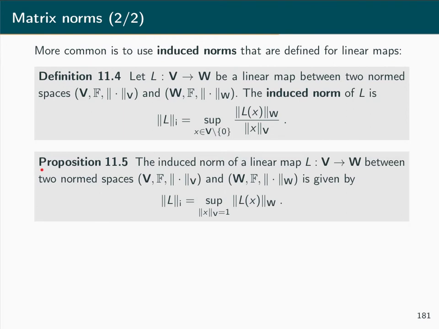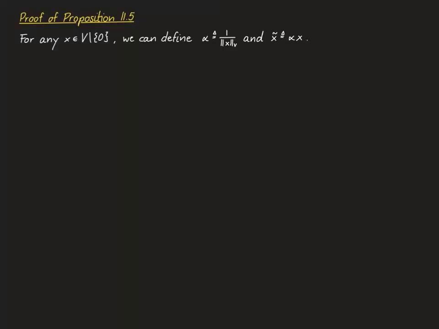According to proposition 11.5, this definition of the induced norm of a linear map, L, can alternatively be written as the supremum over all vectors x whose norm is equal to 1 of the norm of L of x. For the proof of proposition 11.5, note that for any vector x in V without the zero vector, we can